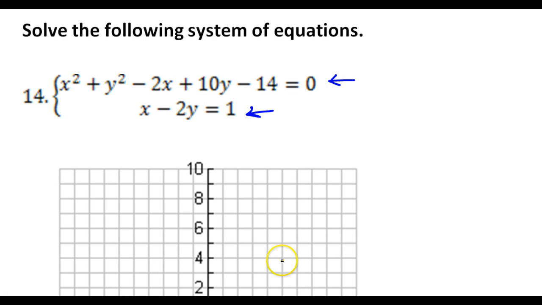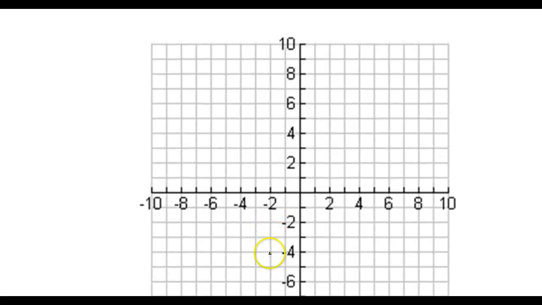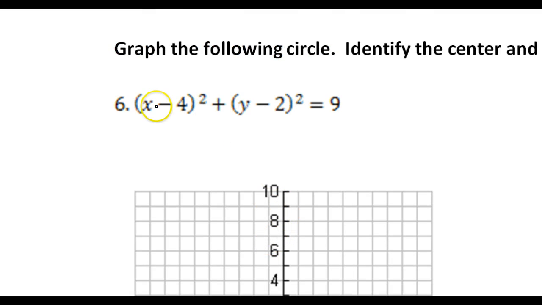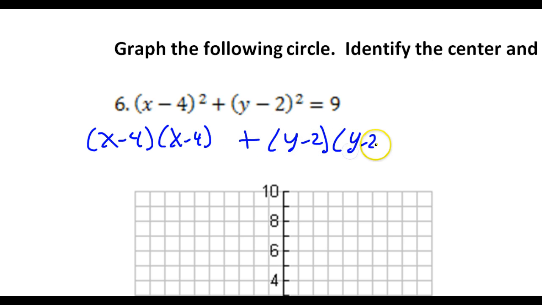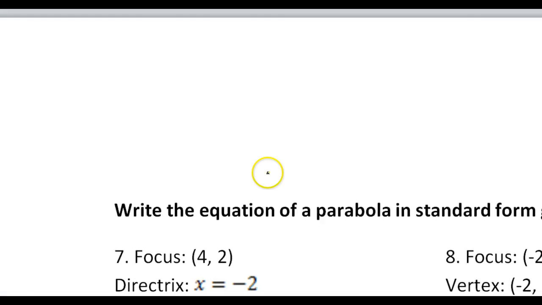Sometimes we're given the circle in standard form. Let's see if I can find an example. Yeah, if you're given the circle in this form, you have to multiply it out first. You have to go like x minus 4 times x minus 4 and y minus 2 times y minus 2 and multiply all that out. Would you know how to do that if you needed to? Okay, so on this problem we're skipping this step that's already basically been done ahead of time. Okay, so picking up from there,